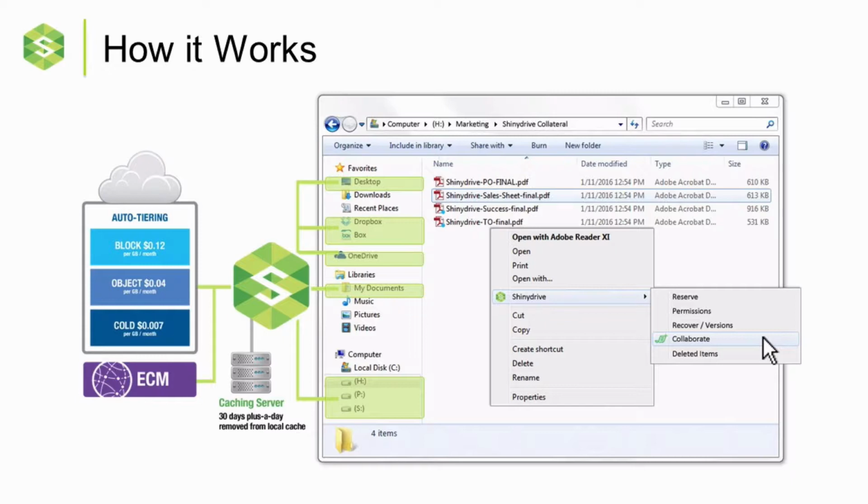So ShinyDrive itself, if you're wondering, okay, how do they do that? It actually installs as part of your operating system on Mac and PC. So instead of it being an application that sits there that other applications talk to, and you have to have plugins for your app to make sure it works with the Enterprise Content Management app, in this case Content Server, we actually drive the business workflow from the operating system perspective.